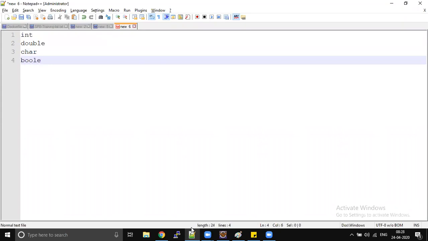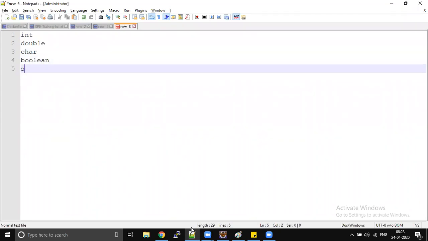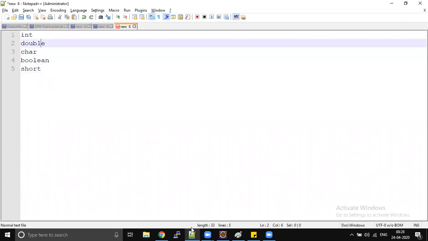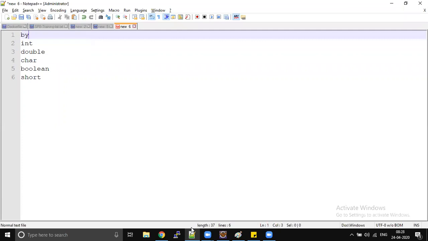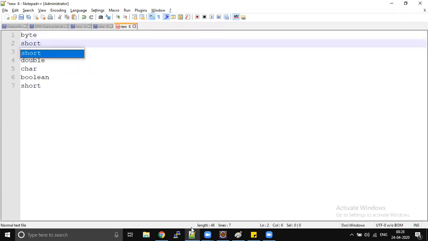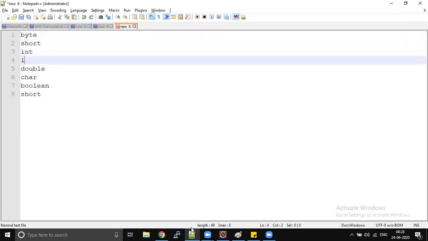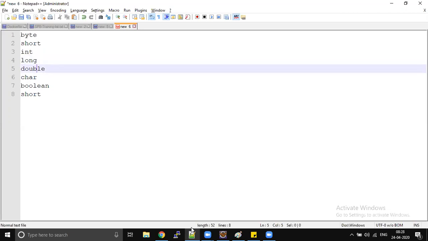We have boolean and short. There are totally 8 primitive types. It starts like this: byte, short, int, long, double, char, boolean, short. So these are all primitive types.